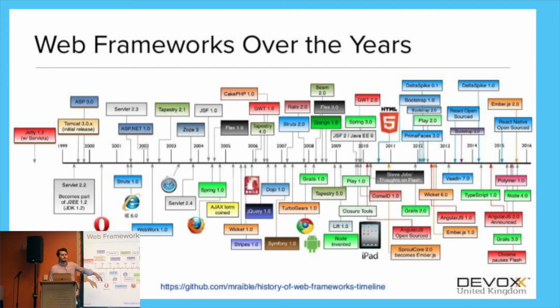So this is a bit of a timeline. Don't worry, you don't have to know what's going on here, but just know, from 1999 all the way to, I think, 2016, a lot happens here, right? We have the creation of some of these browsers, as well as some frameworks. HTML5, Angular is somewhere there, I know I saw it earlier. We have Rails, jQuery over here in 2006. So just know there's a lot going on. By the way, right now we're kind of circling this area here, but just keep in mind 2006. That's a pretty important year for a JavaScript developer. So just keep that in the back of your mind.